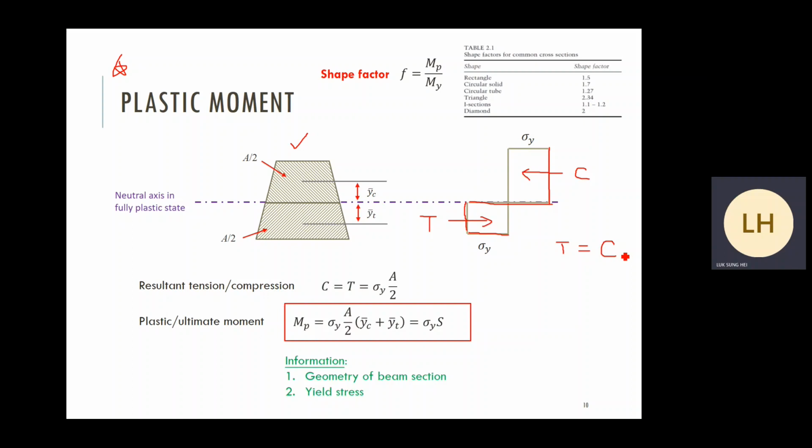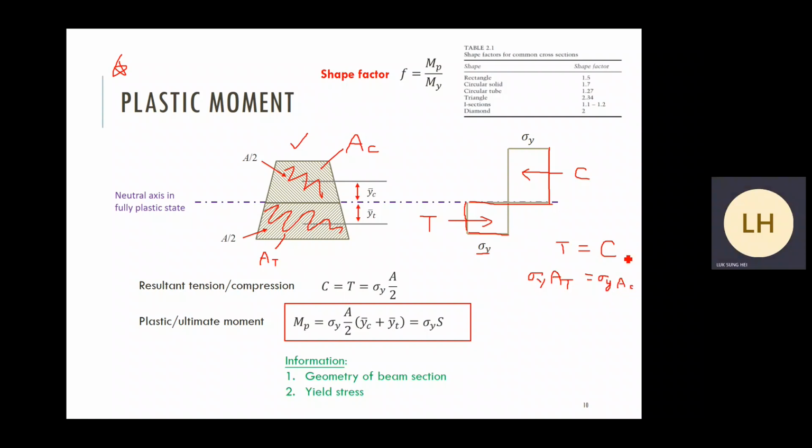How to find out the total tension at the bottom? Stress times the area for the bottom section. Assume that the bottom area is equal to AT. Then how to find out the compression on the top? Same principle, right? Assume that the area on the top is AC. So the total compression is equal to stress, yield stress, times